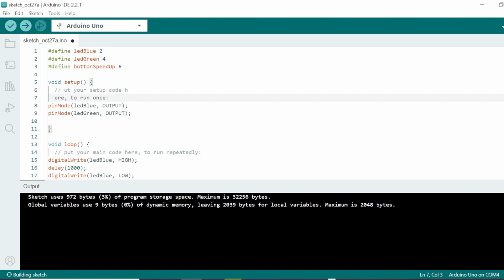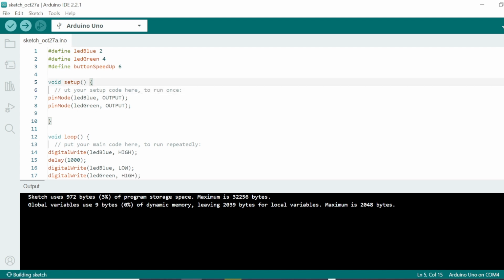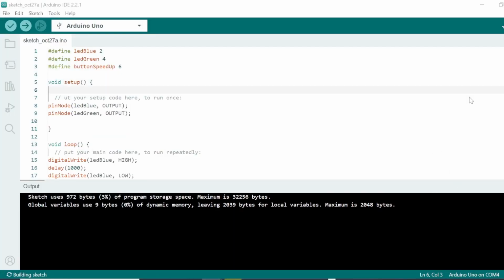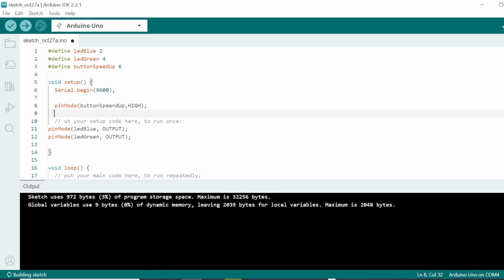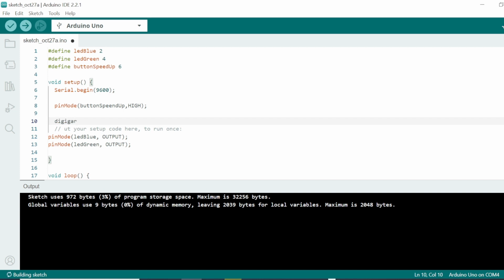Then call the function Serial.begin, and then pinMode button speed up, INPUT, meaning the button is active high by default. Digital write, and the button speed up, HIGH.